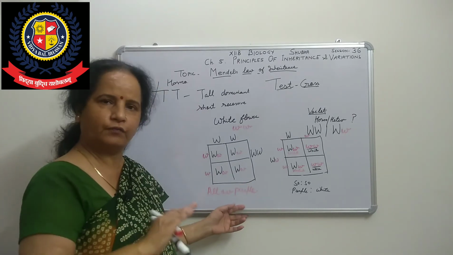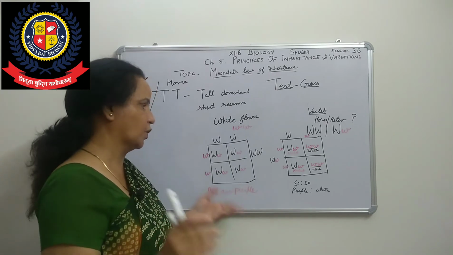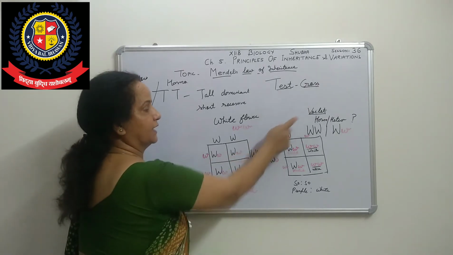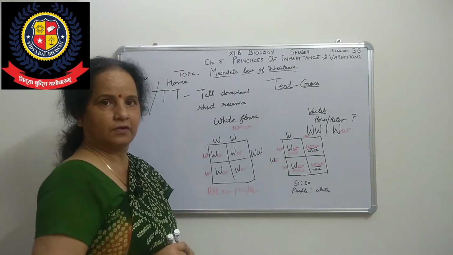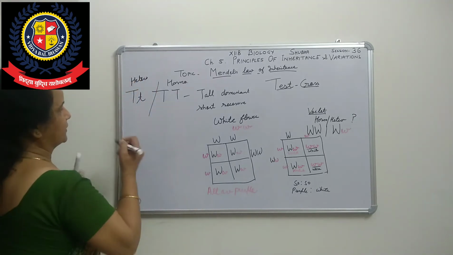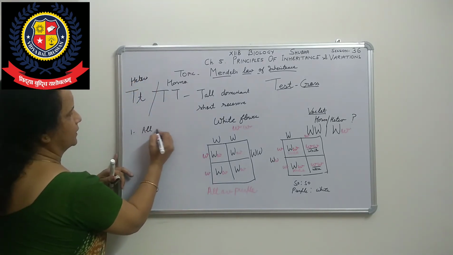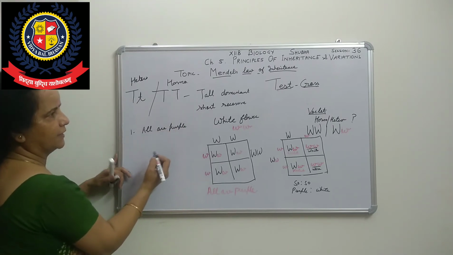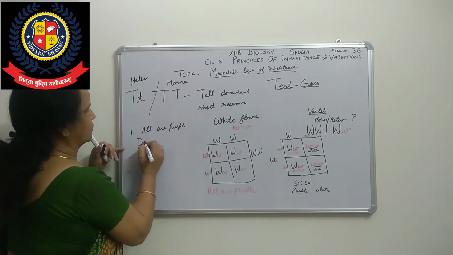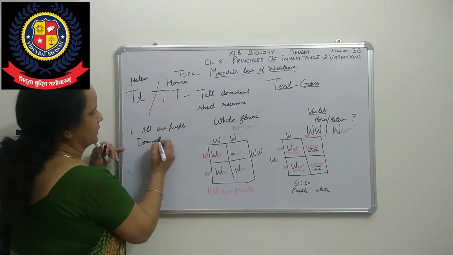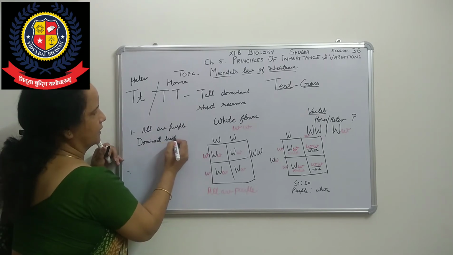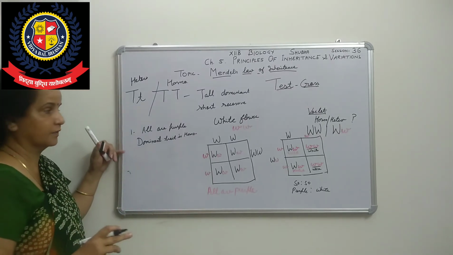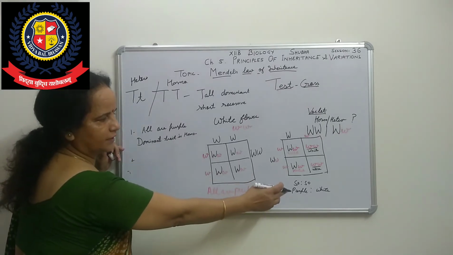So now see, when we are doing this cross, if we get a generation in which all flowers are purple or violet, then in that case we can see that the dominant trait is homozygous. When the result is that all are purple or violet, what can we say? The dominant trait is homozygous. But in the second Punnett square, what are we getting?